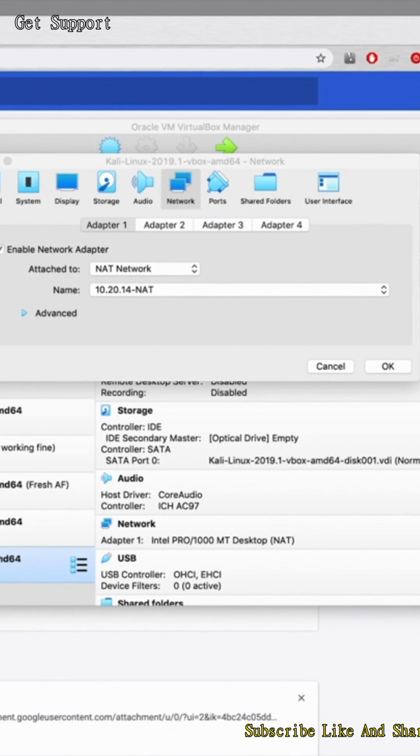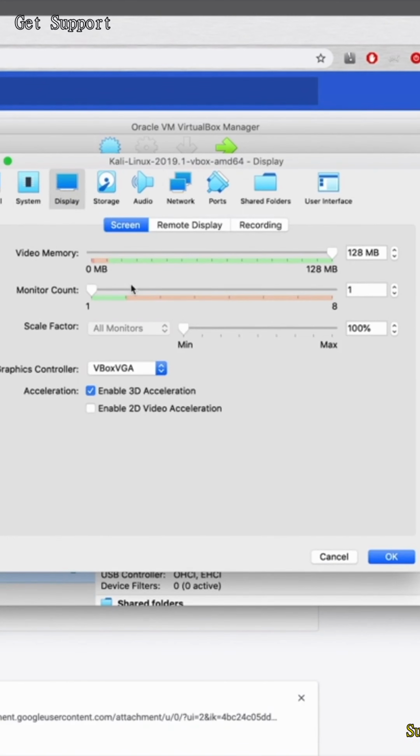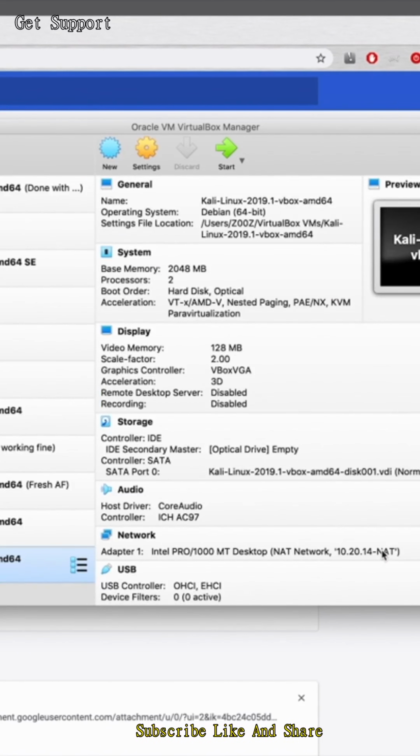Now, if you're on VirtualBox 6 and have a screen with high resolution, you need to go to Display and set the scale factor to 200%, because otherwise the virtual machine screen will be too small. But only do this if you have a screen with a high resolution and if you're using VirtualBox 6. Otherwise, keep this option the way it is. Now, we're done with this. I'm going to click on OK. And we can start this virtual machine like any other virtual machine. We just click on it,